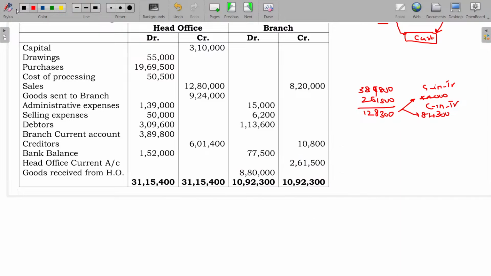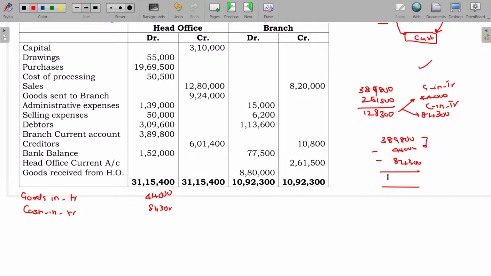Now, remember, I am going to make a slight change in the trial balance. In case of goods in transit, you can adjust this way. I will adjust that in the HO's books. So 44,000 will be on the debit side and it will be subtracted from the branch account. So from the 3,89,800 amount recoverable from the branch, 44,000 is subtracted. In case of cash in transit, cash in transit account is debited and branch account credited, that value being 84,300. And after subtracting this,